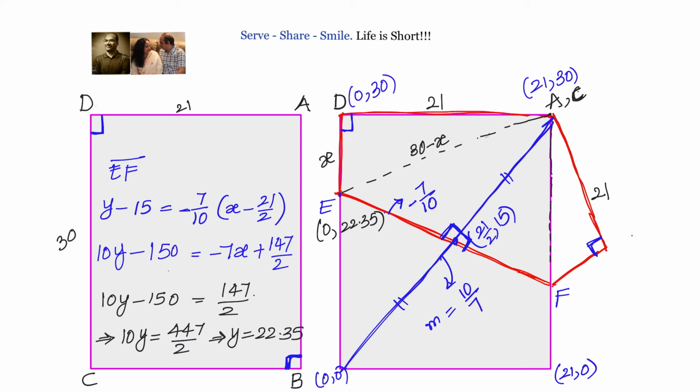That gives us the value of x as 30 minus 22.35, which equals the value we got earlier, 7.65 centimeter. So we know this total length is 30 and this length is 22.35. So obviously x will be 30 minus 22.35, 7.65. So that's how, using coordinate geometry also, we can find out the value of x. Once we find out the value of x, the remaining steps will be as it is what we did in the first method. So that's one interesting problem I just thought of sharing with you.